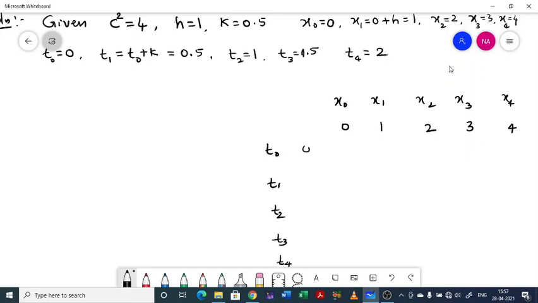T naught is 0, T1 is 0.5, T2 is 1, T3 is 1.5, T4 is 2. Now here you have to write U0,0, U1,0, U2,0, U3,0, U4,0, right? Here you must write